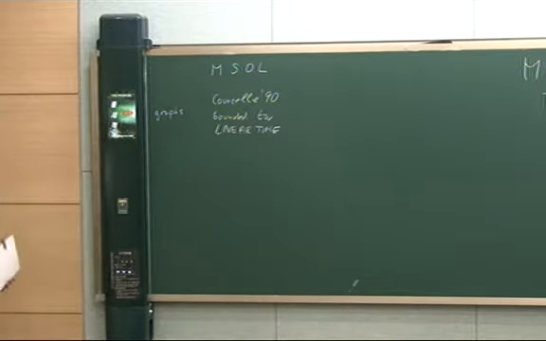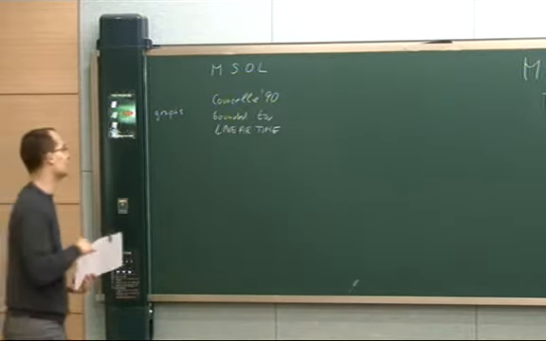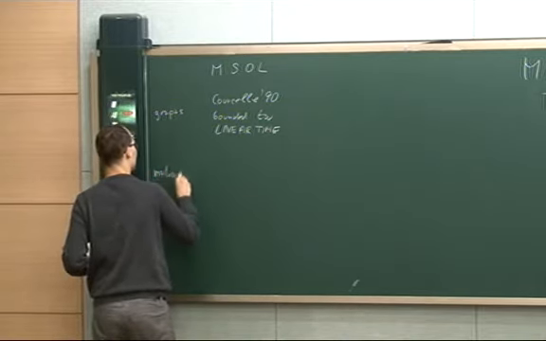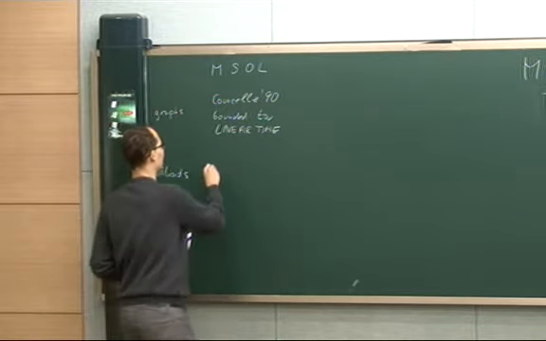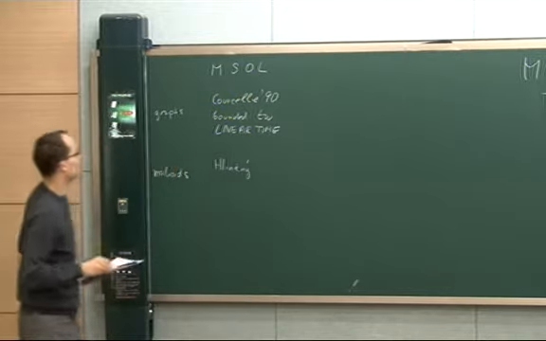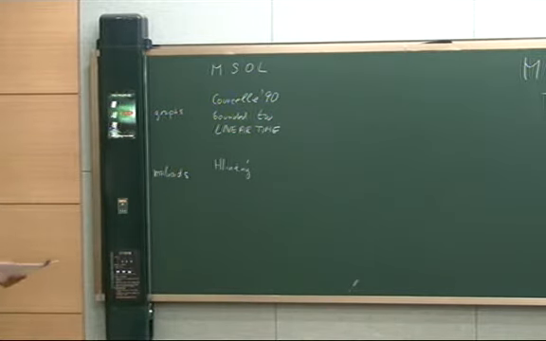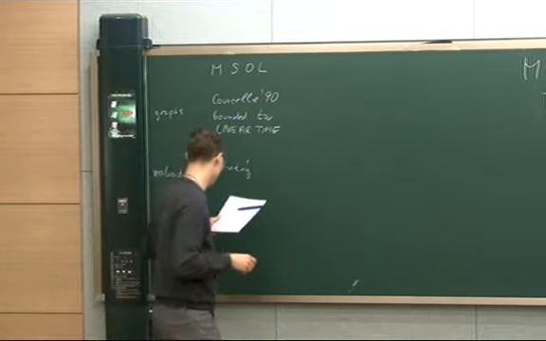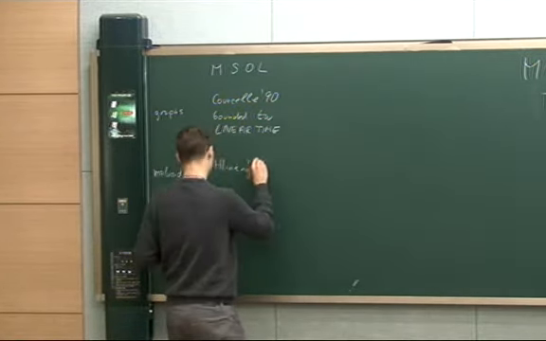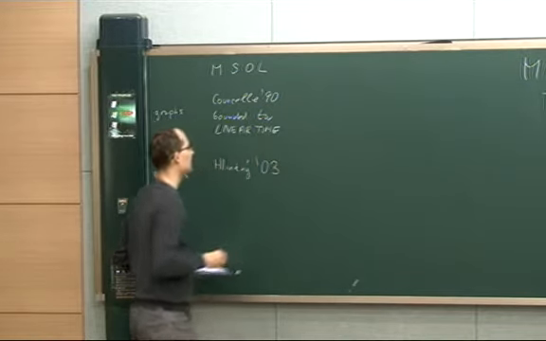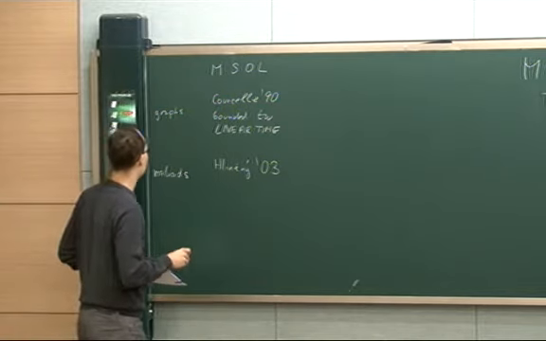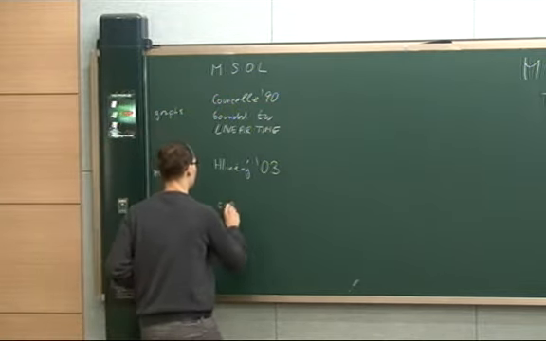So I promised to talk about matroids, and there's an extension of this result to matroids. I will define what a matroid is in a second. And this is due to Petr Hliněný, who was a student of Jan, so he's my academic brother, and he proved in 2003. The result was a little bit older, but it got published only in 2003, that you can decide in cubic time, so again in FPT,